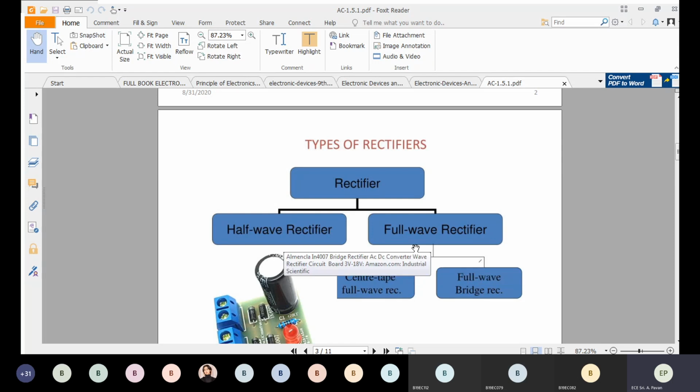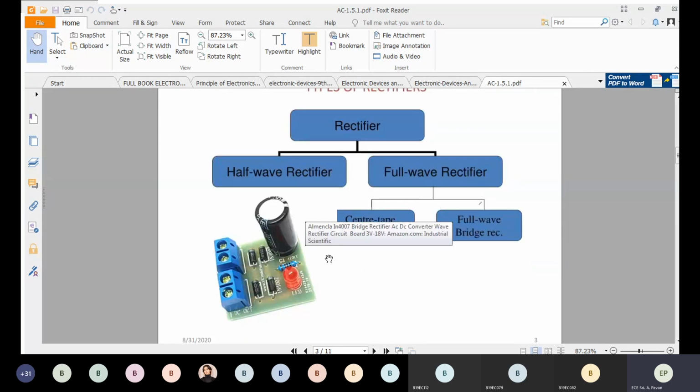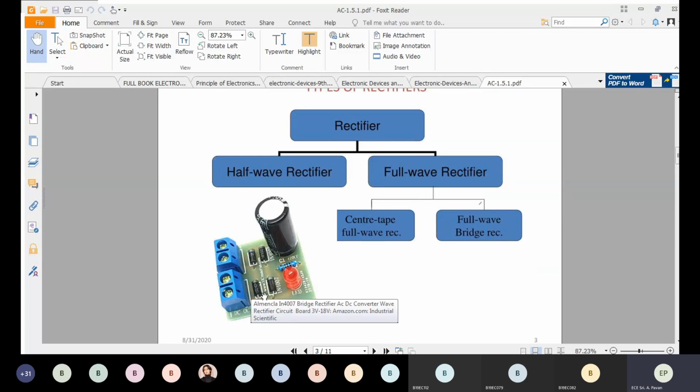There are two types of rectifiers: half wave and full wave. This is the rectifier circuit we're going to build, or rather, we're going to see the output for this circuit in the simulation window. One of the applications of the diode is the rectifier. As we talked about diodes in the first unit, we talked about the applications also. An application of the diode is rectifiers.